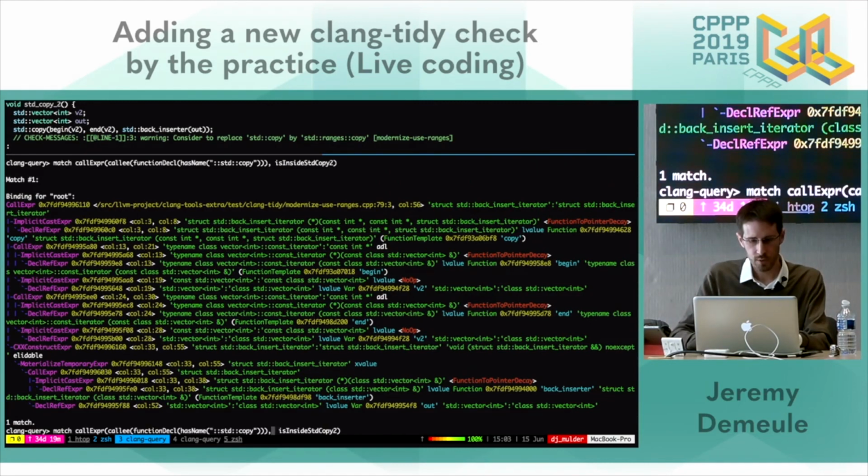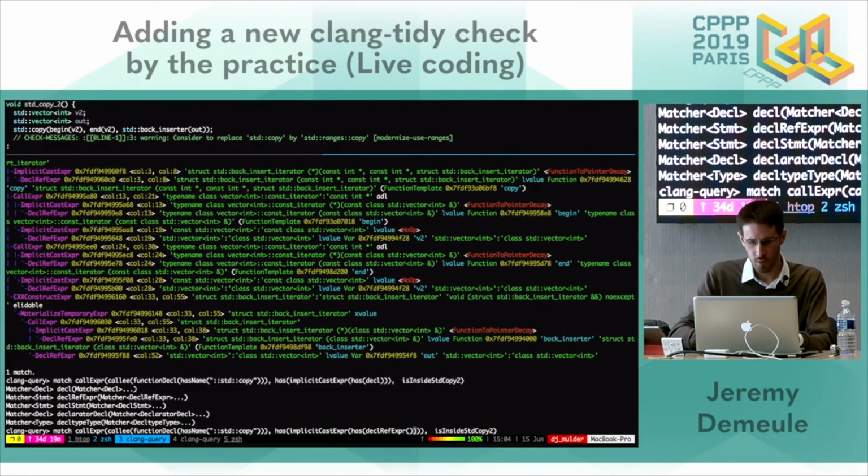A way to do that is to add a restriction on the path to this node. And you can do that this way with hasDescendant, asking for a child as implicit cast expression. And inside this implicit cast expression, I also want the declRefExpr.